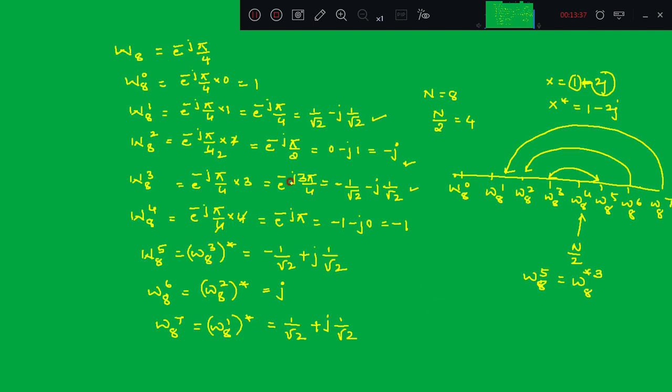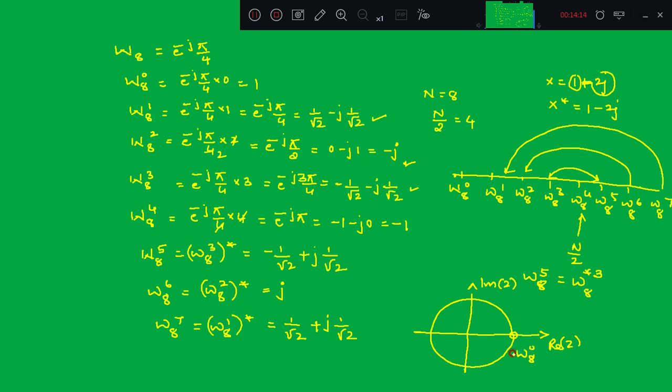So then how to locate all these samples of this complex sequence Wn over the unit circle, right? So let me draw the unit circle here. This is my unit circle having unit radius centered at origin, and this is my real axis, and this is imaginary z, this is real z. So I need to allocate all 8 samples of this complex function over this unit circle. Let me start with the 0 here. So this is my W8 raised to 0, right?